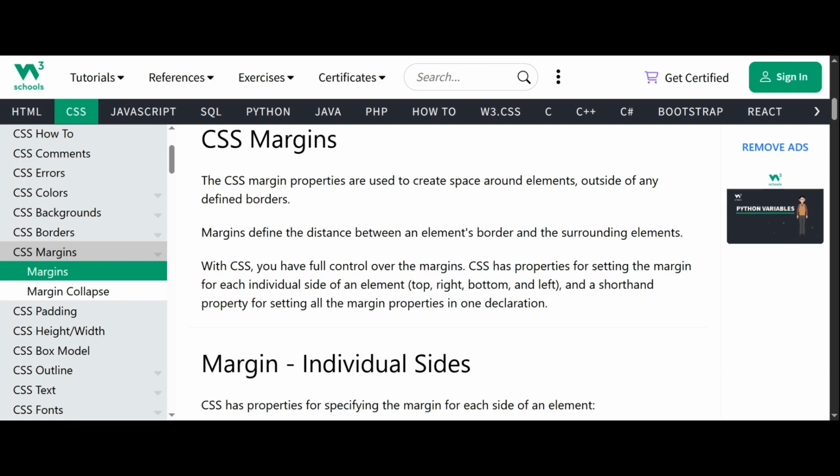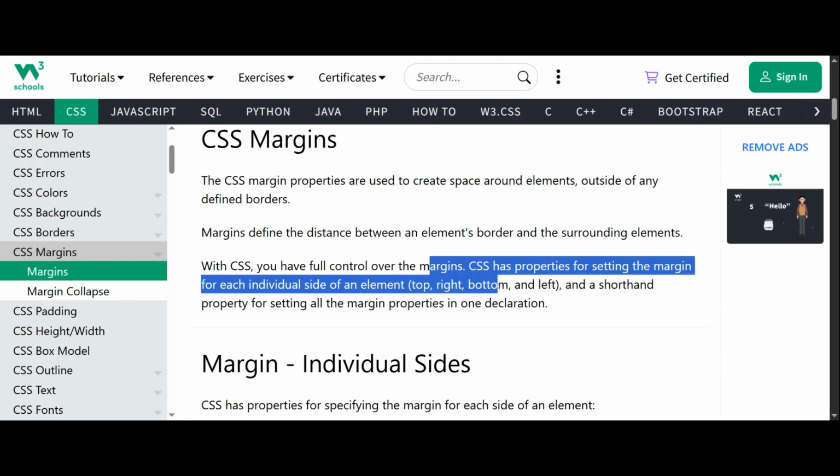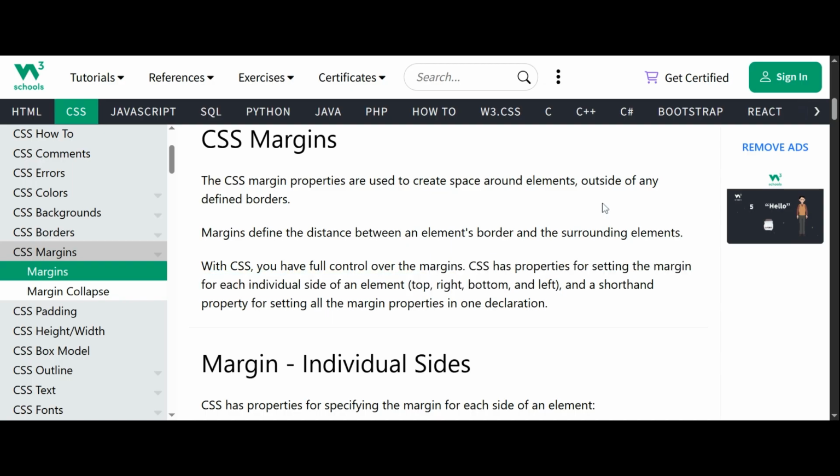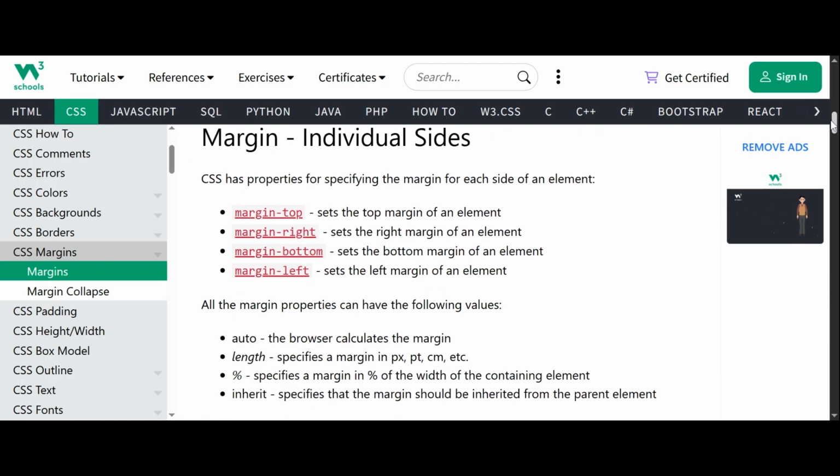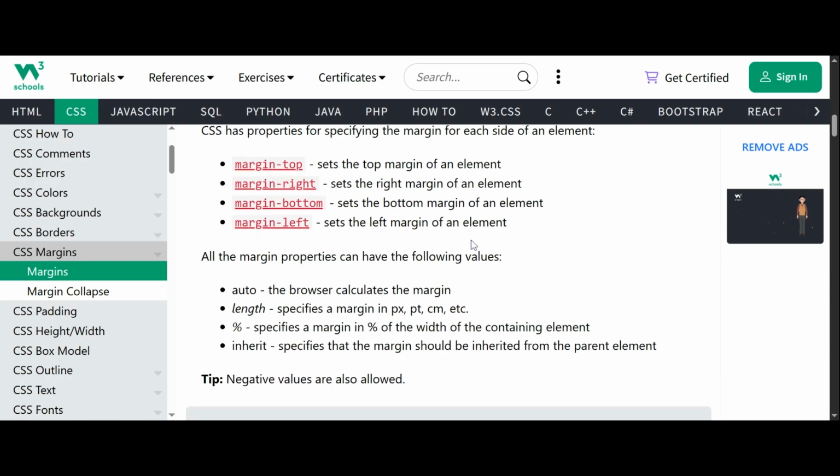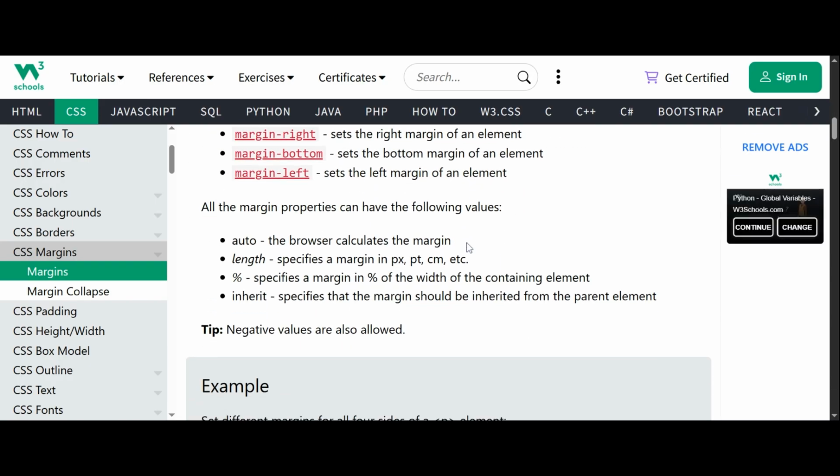And with CSS, you have full control over the margins, and CSS has properties for setting the margin for each individual side as well. Like you can set them for top, bottom, as well as right and left. Same thing that we did. And all the margins can have the following values. They can have auto, the length,